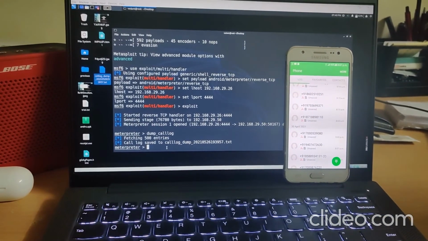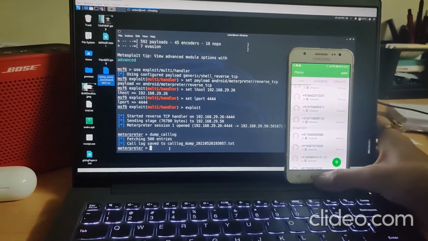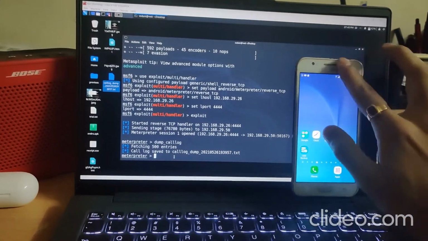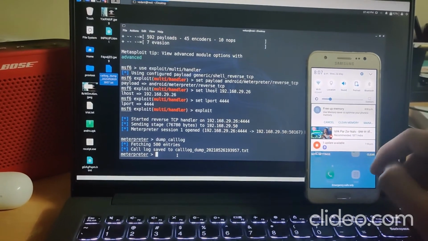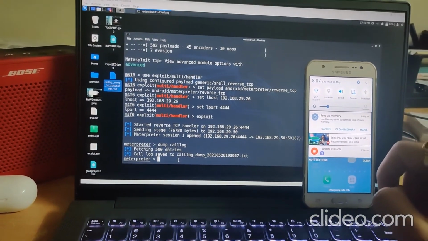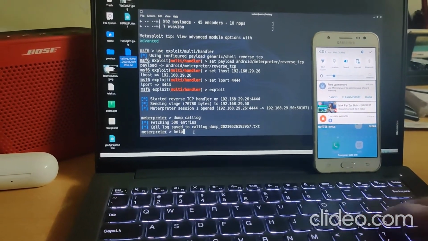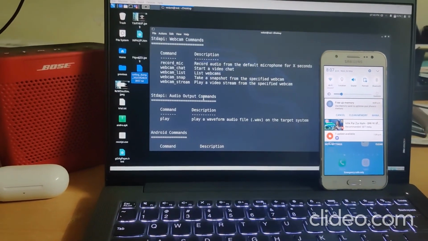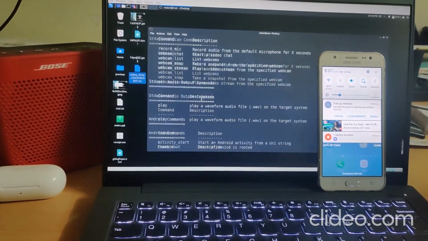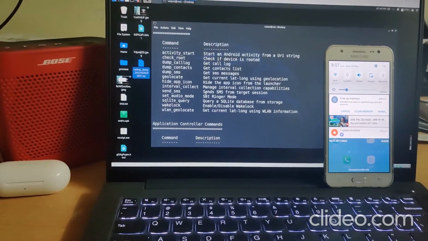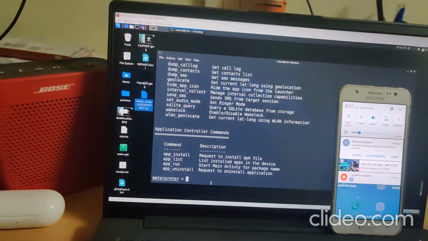Okay, another thing is we can see the system over here is in sound mode. So we're just going to type help and see how to change that. So we are going to type set audio mode.